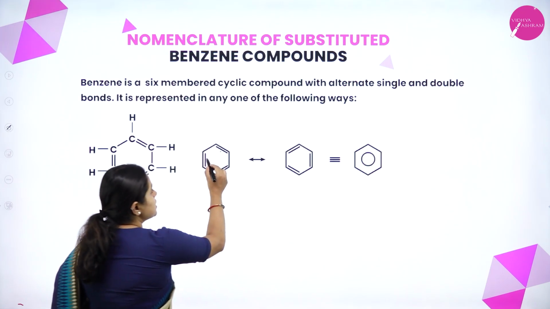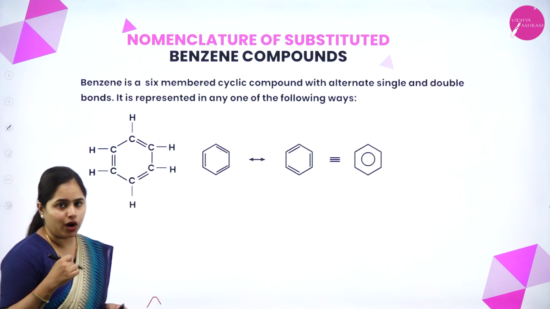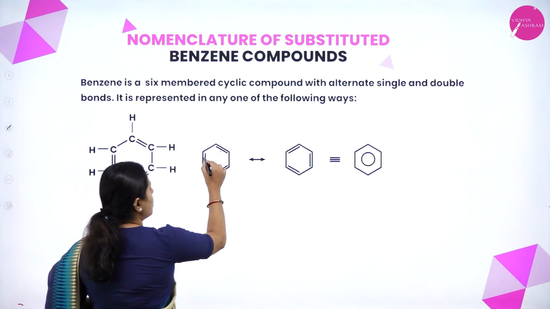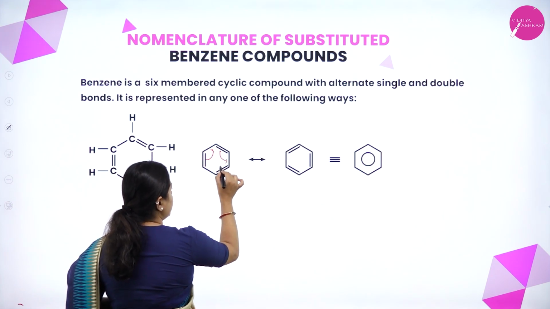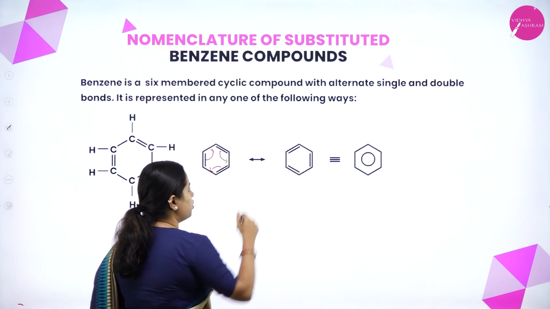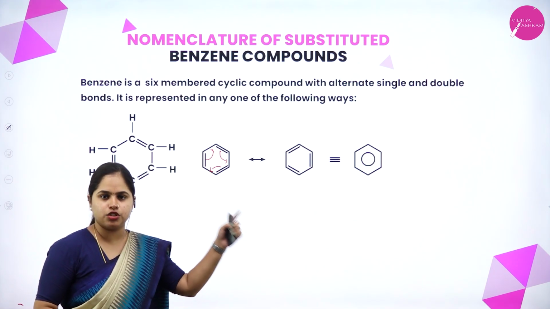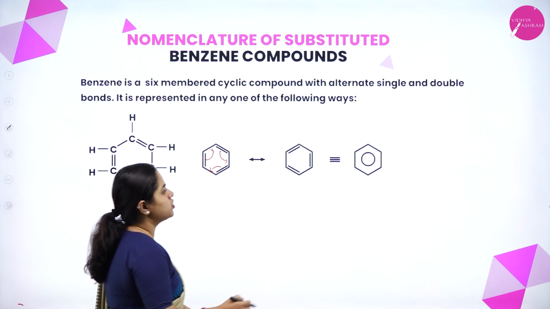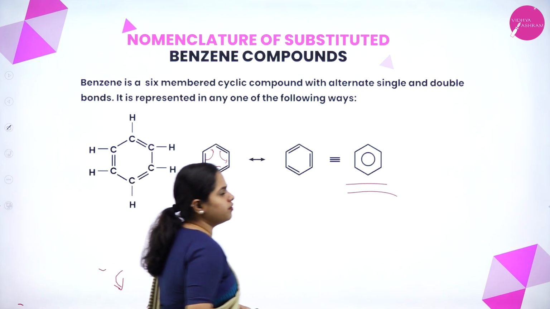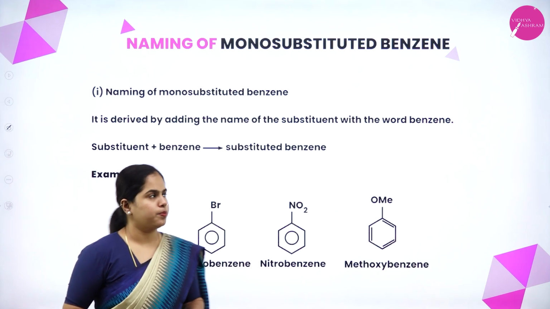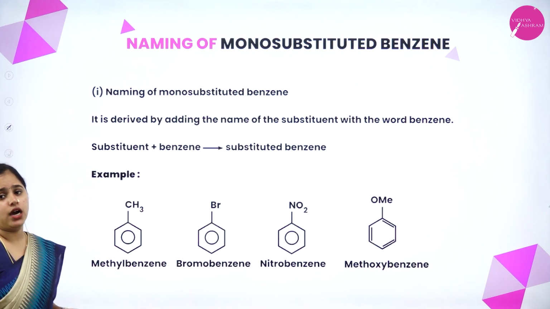So this is the complete structural formula and this is the bond line structural formula that you can see. And yes, the speciality of this alternate double bond is they undergo delocalization, right? So this double bond can come here, this can come here, this can come here. So that will give you this particular figure. So that means this continuous delocalization of pi electrons can take place. So that means altogether we can represent it like this. So this is the representation of benzene. Now moving on to the naming. How do we name it?